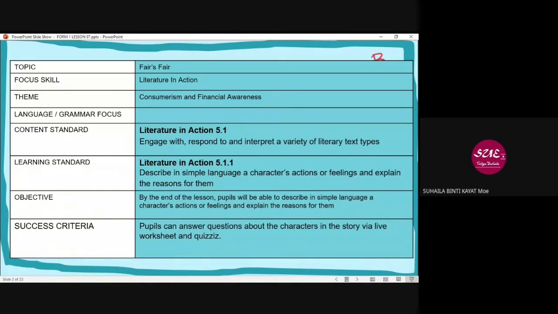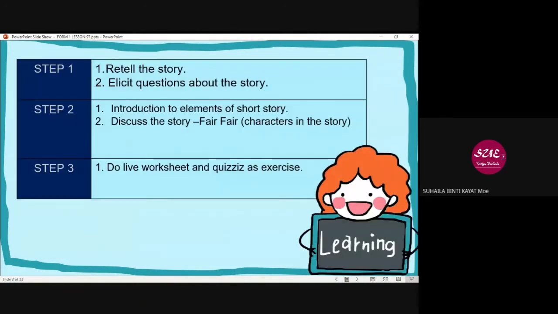Okay, so what are you going to do? You are going to retell the story. I will call any of you to tell me what is the story about, just a simple and short. Tell me, what do you understand about the story? And if you want to retell the story, this one tak boleh masuk dalam nilam, right?